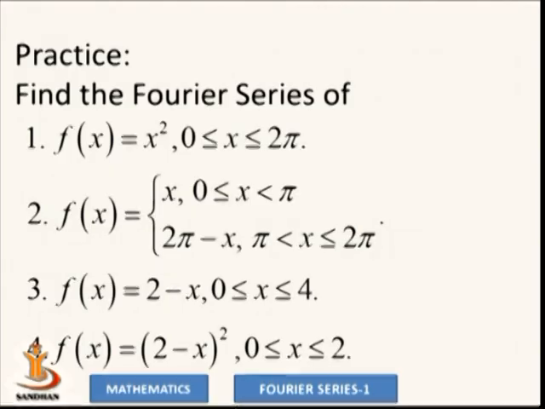So in our next lecture, we will find the Fourier series of even functions and odd functions with limits minus pi to pi, minus 2 to 2, minus 1 to 1, etc. And also for the exponential function and its Fourier series. And then we will find the half range Fourier series for a given function.